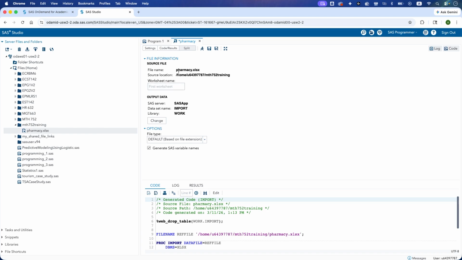So in my case, because I know that I have only one sheet, I'm going to leave this empty. Now this is going to be taken to the output data, and this is the file that is going to be used when we do analytics. We care about two things: the name of the file